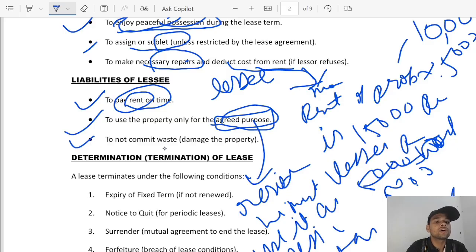Third point is to not commit waste. It is the liability of the lessee not to damage the property. Moving further,